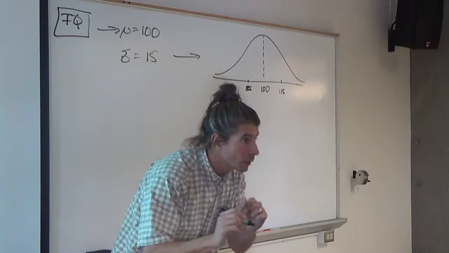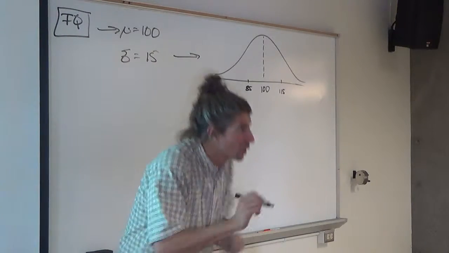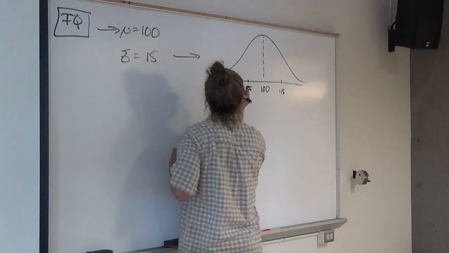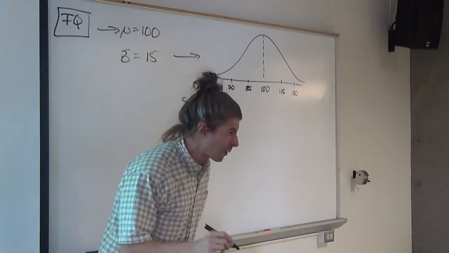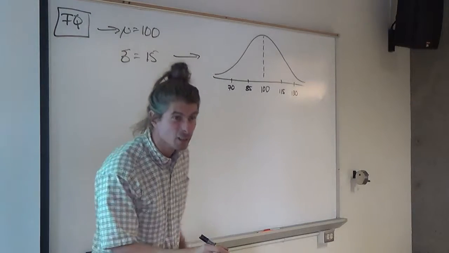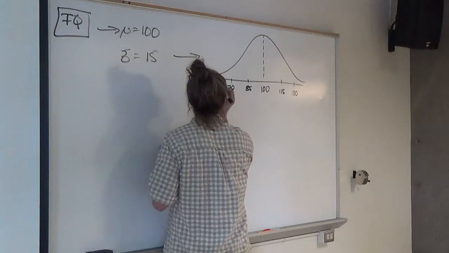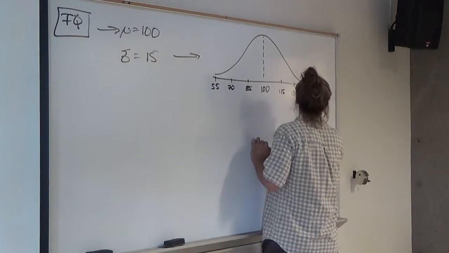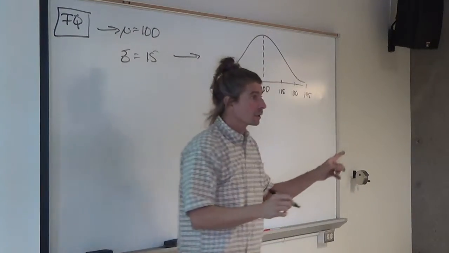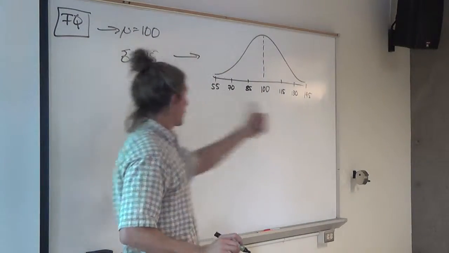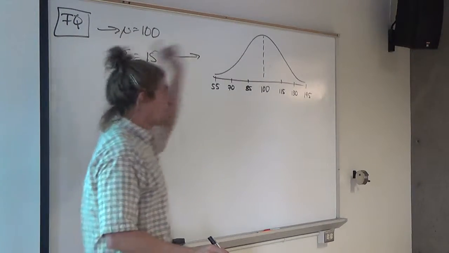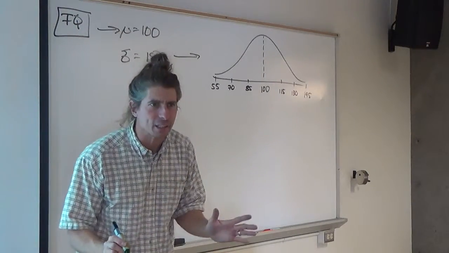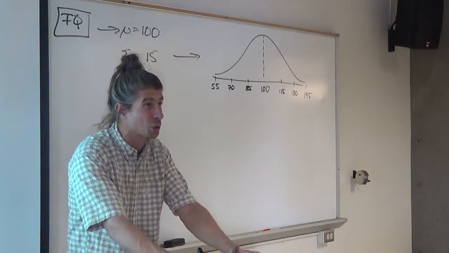95% of people have IQs between 70 and 130. 99.7% have IQs between 55 and 145. And this keeps going, yes? We can go up to 160, we can go down to 40, we can go down to 25, or go up to 175. It gets a little ridiculous, because I think the highest recorded IQ,